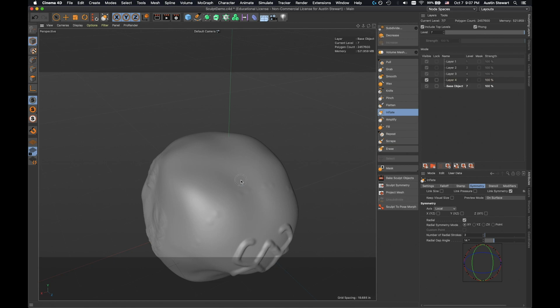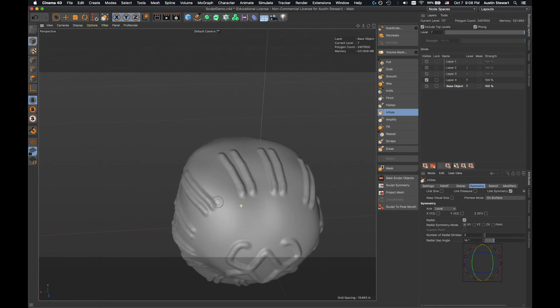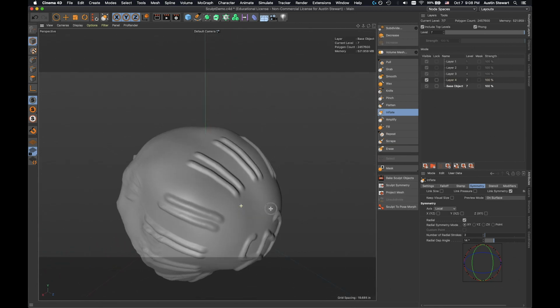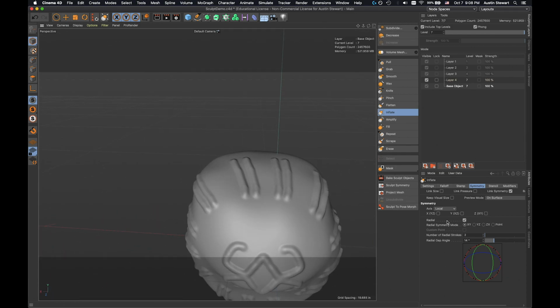Right, so if I was to click on this and start to do something, just a little something, because I should be doing this on the lower level of polygons, right? But so I can create these radial lines or radial features that go along the entire surface of this object. If I change to XZ, right, it's going to do radial effects in this direction. If I change to ZY, right, it's going to go from top to bottom. And if I change to point,